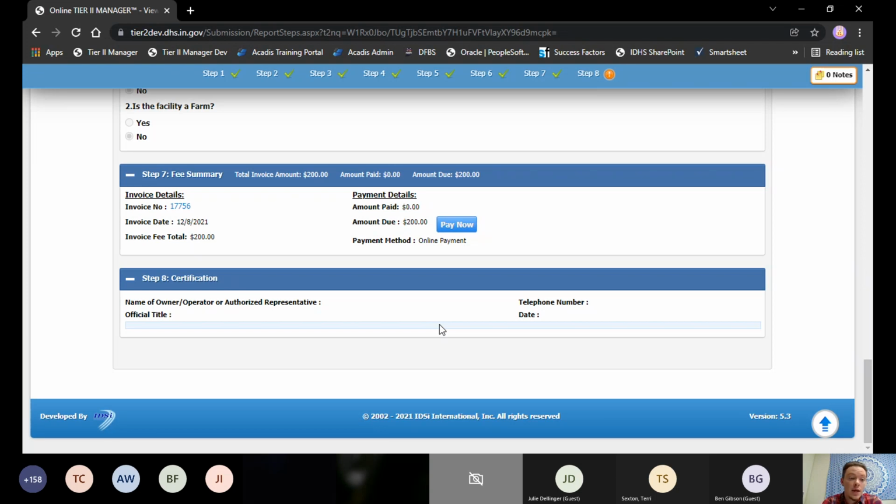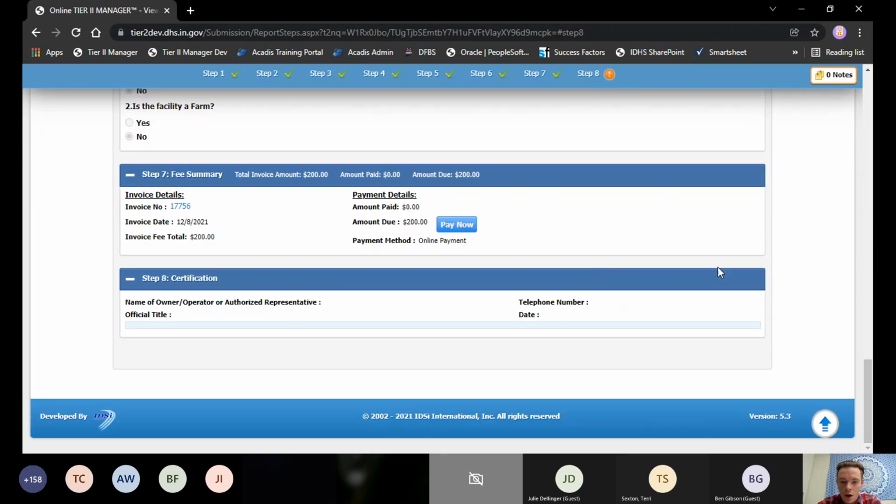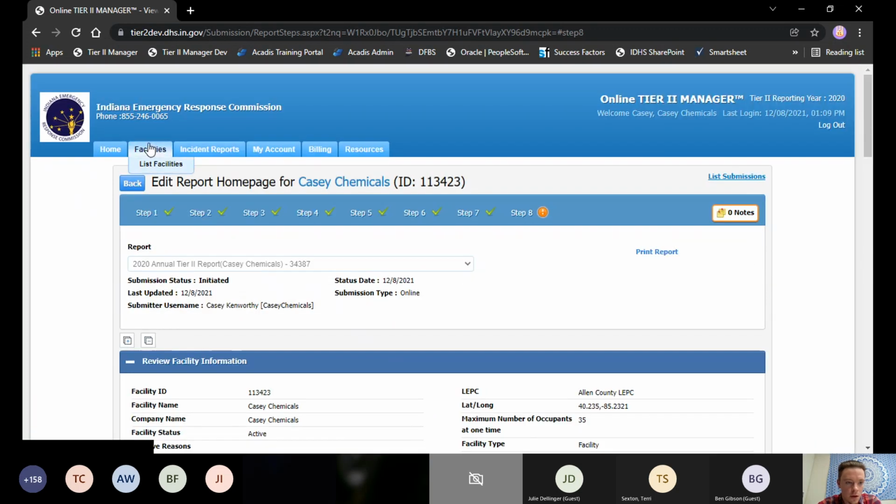I want to point out, it will not be submitted to us until you actually do certify this. So please, please, please, before March 1st comes around, once you've got all of your stuff set up, you are going to want to make sure step 8 up here at the top has that green check mark, because that will confirm that you have actually submitted it to us. I do not want anybody to have to go through an additional late fee just because they forgot about that. So please just double check that you've got that. But once that's done and over with,